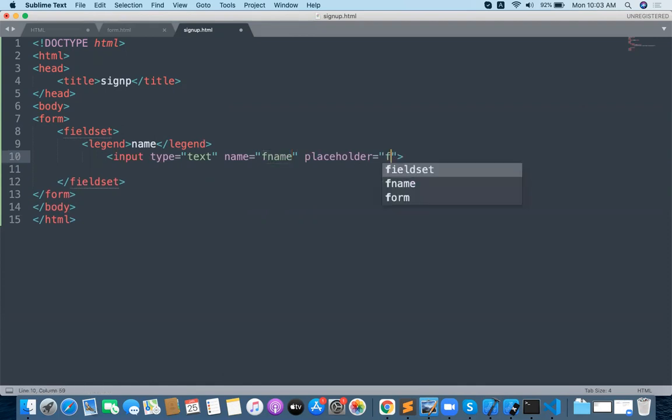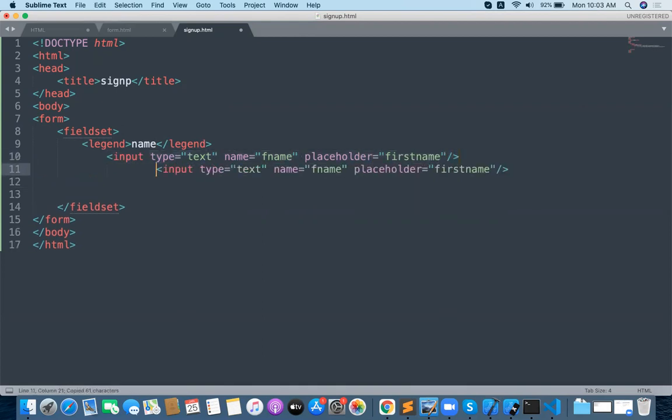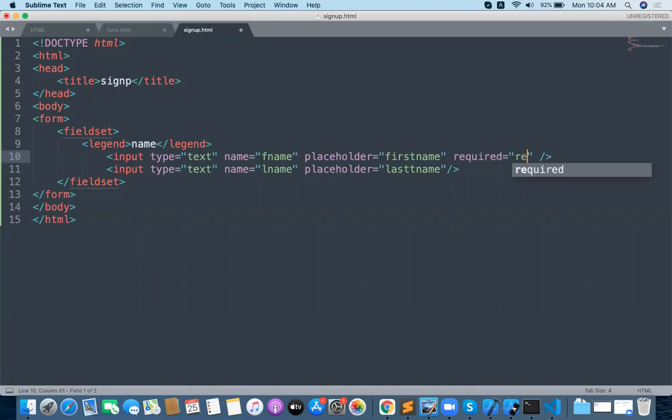I'm going to be giving the first name here, and finally close it. This is my first name value. Then this is my second name or last name. First name and last name I try to provide. So this placeholder is very important for you. Why? Because it is going to show something on top of the browser, without entering anything, telling you what you need to enter. That is actually called a placeholder attribute. And required equal to required. This is a mandatory one. I want to provide it for each and everything.